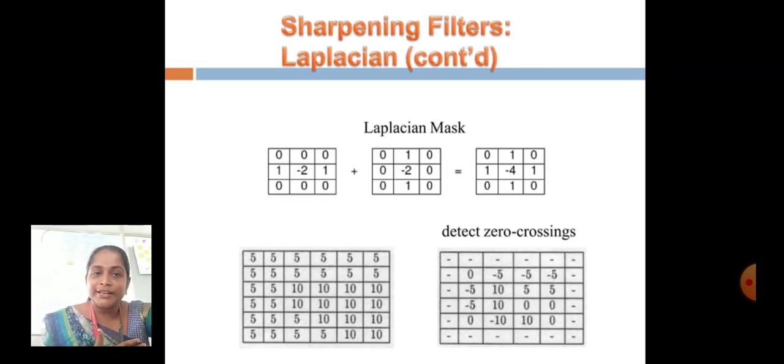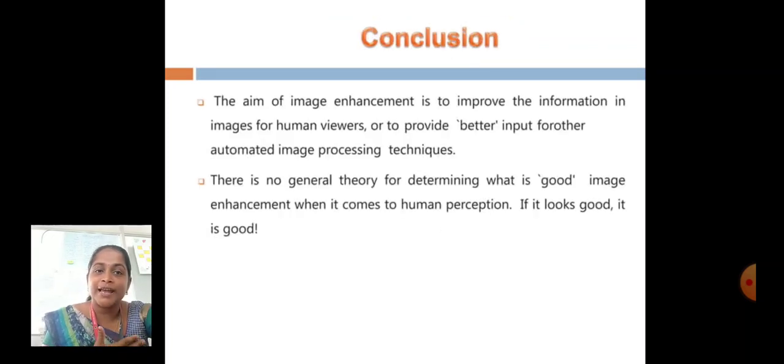While using the Laplacian mask, we can detect zero crossings. The aim of image enhancement using this kind of filter is to improve the information in images for human viewers, or to provide better input for other automated image processing techniques. Here, there is no general theory for determining what is good image enhancement when it comes to human perception. If it looks good,